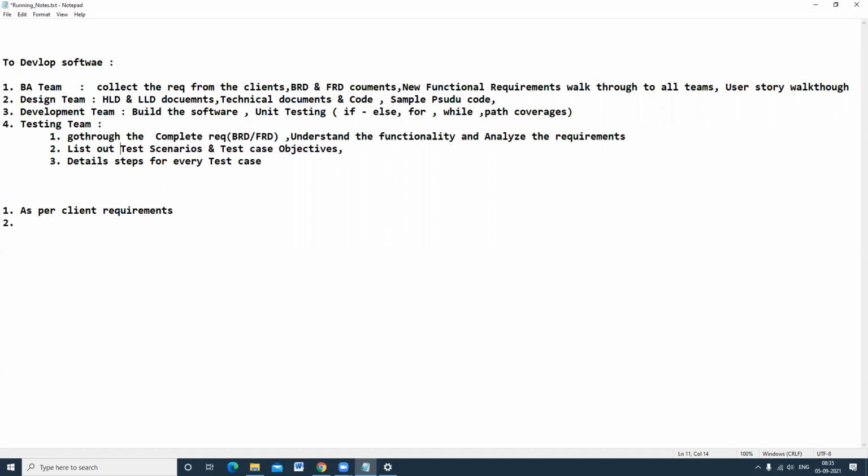Why are we identifying these test scenarios and test case objectives? We need to test them in the application. So you are going to prepare the test scenarios and test case objectives. And the third point is, we are going to write detailed steps for every test case. You have identified some functionalities and you are going to write detailed test case steps. Understood. Now the next point is,